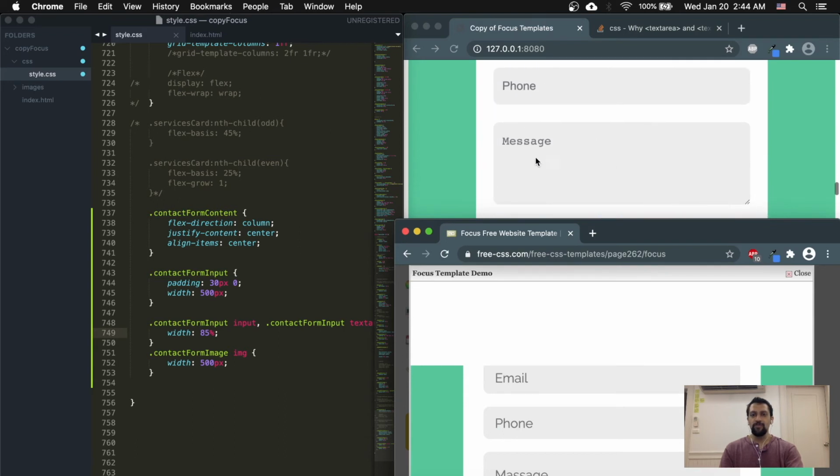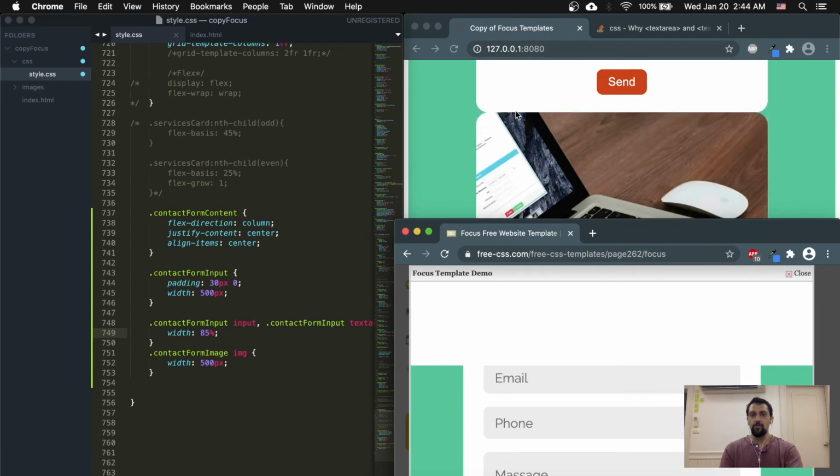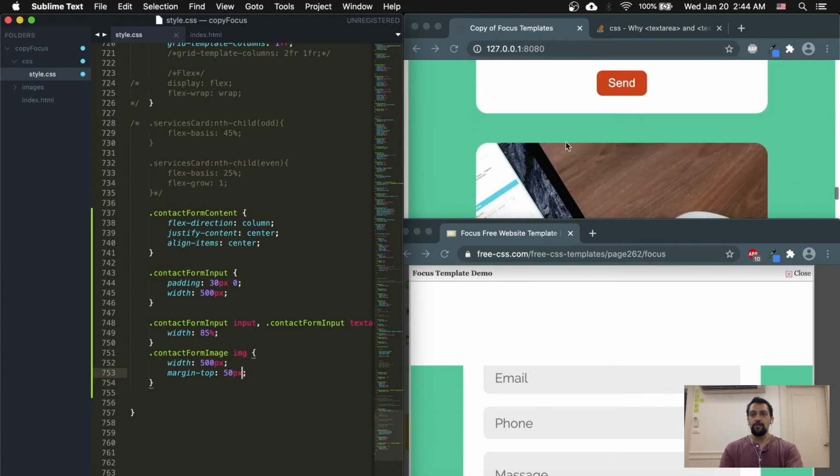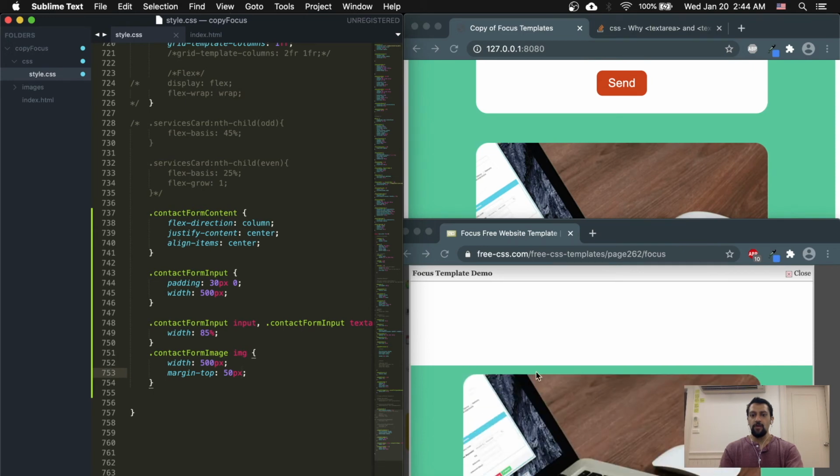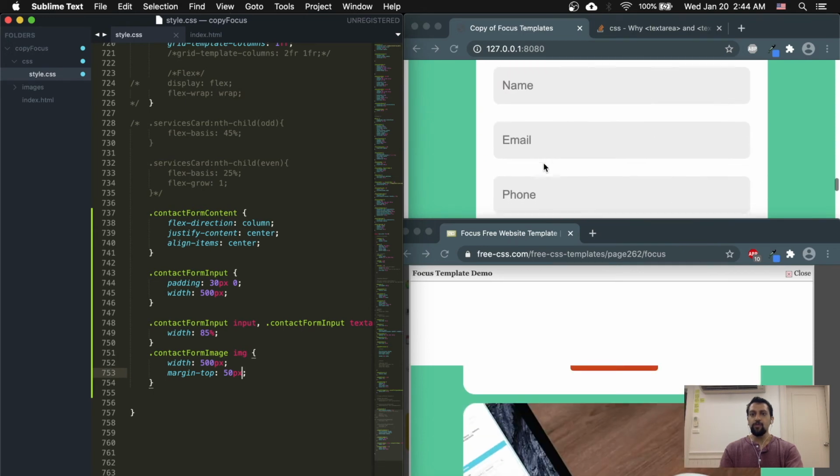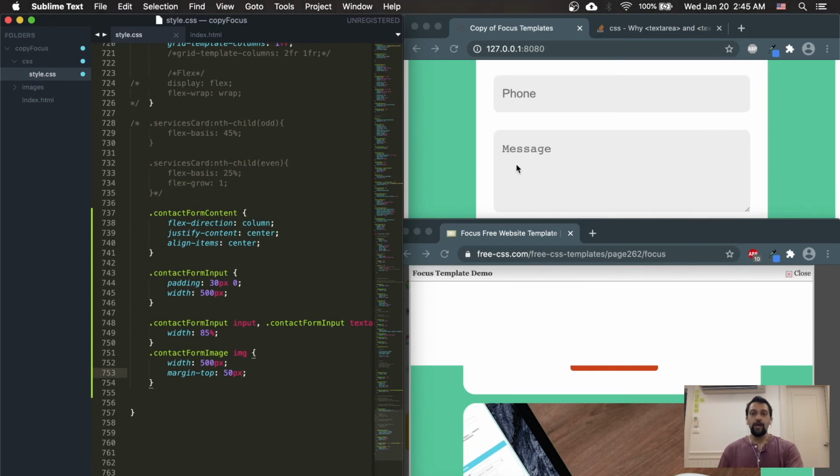It all looks good. We have this little issue that I didn't catch before but I want to explain this one, and I'll do that in just a moment. What I'm going to do is put in some spacing in between here, and in the image I'm just going to put a margin top here of 50 pixels, and that should create some space in between these two elements. And there we go, we've got some space in between there now. Cool. So อันนี้คืออะไรครับ ทำไมดูแสดงว่าไม่เหมือนกันกับแบบนี้ครับ เพราะว่าแล้วแต่เบราว์เซอร์ของคุณครับ อาจจะมี text area อาจจะมี